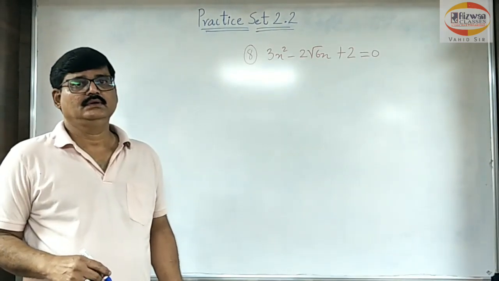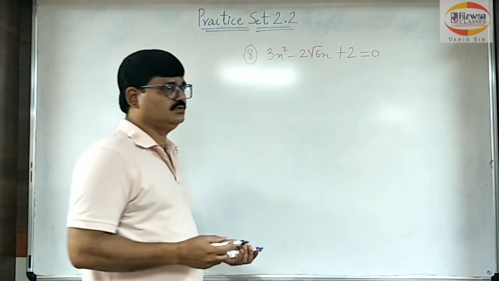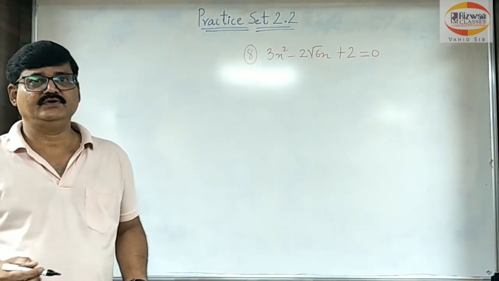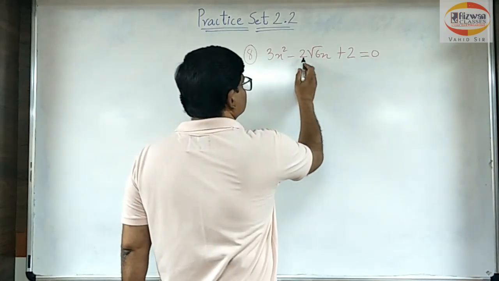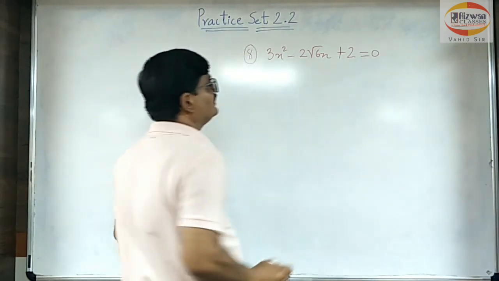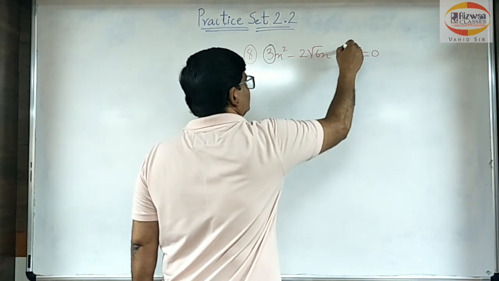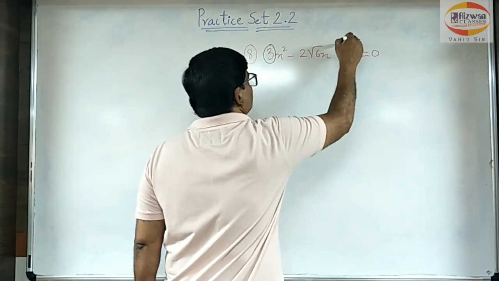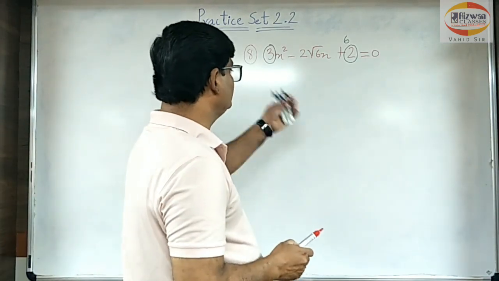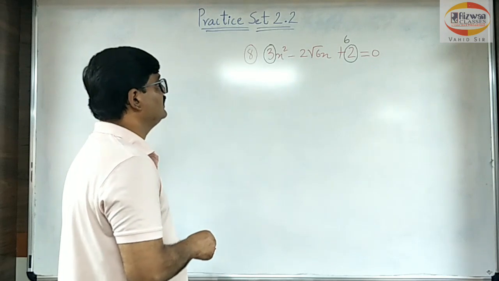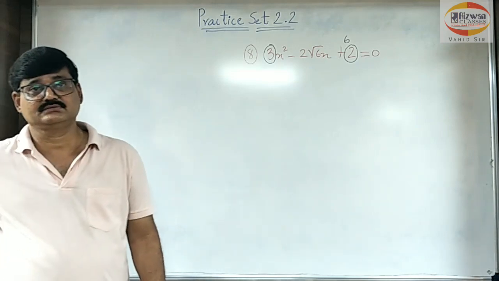Okay, that's okay, students. Let's go for the next question. We'll be going to question number 8. Now question number 8, you pay attention very carefully. It's a star mark question. You have to understand this. If you see 3x square minus 2 root 6 x plus 2, can you see that over there? We have here the first term 3 and the last term 2. So 3 twos are 6. That means the product is 6. Now you have to understand this carefully: when you multiply, you get 6. The factors you have to find in such a way that when you add or subtract, you must get minus 2 root 6.